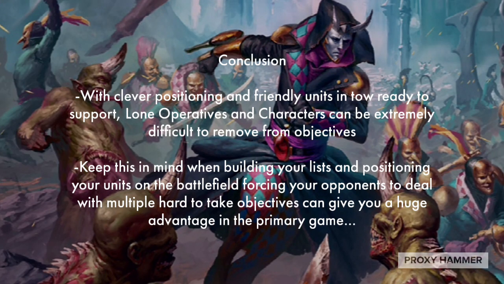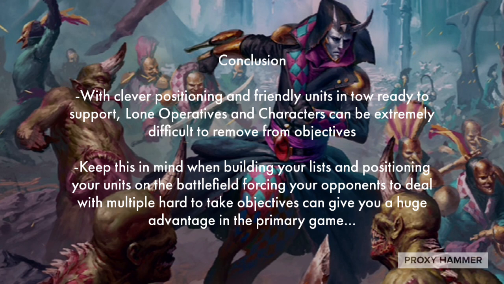So in conclusion, with clever positioning and friendly units in tow ready to support, lone operatives and characters can be extremely difficult to remove from objectives and can boost your primary game considerably. Definitely keep this in mind when building your lists and positioning your units on the battlefield. Being able to force your opponent to deal with multiple hard-to-take objectives can give you a huge advantage in the